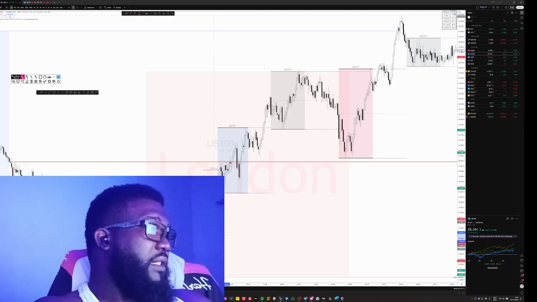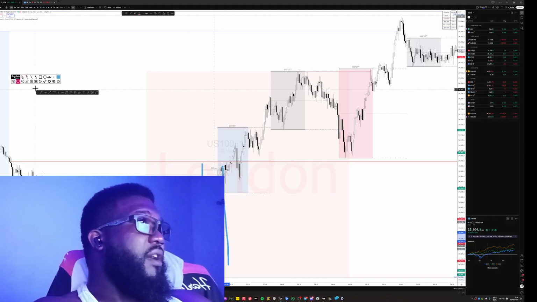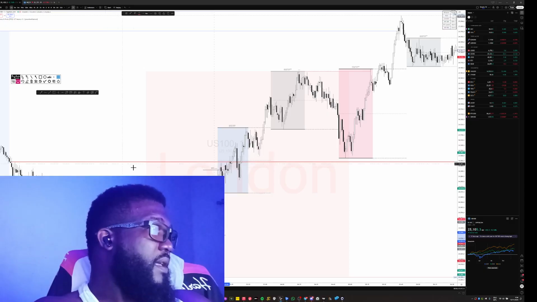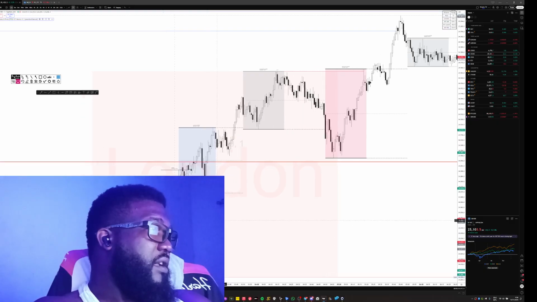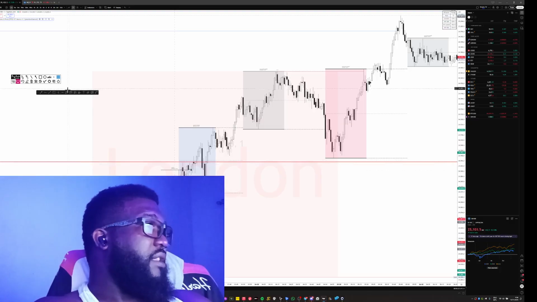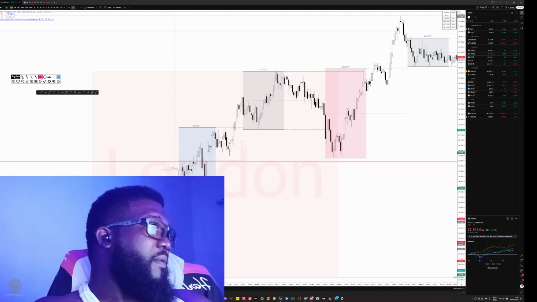And if you notice, the time that this came in is right inside the macro. This would have been a London open, well, not London open, but London silver bullet. We could have gotten an entry inside here. So that was one such entry here. We had another one here inside